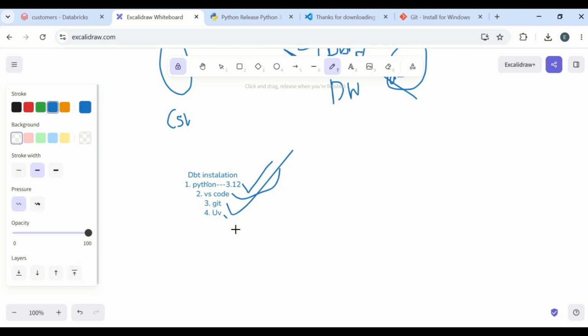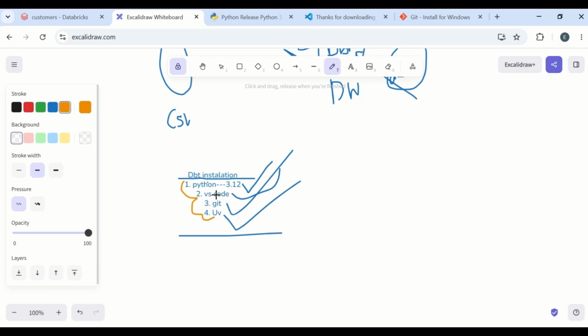It's very straightforward. So now we've installed all the relevant tools needed to do the dbt installation, where we've installed the Python, the VS Code, the Git, and the UV. So now we're going to use a combination of these tools so that we can install and set up our